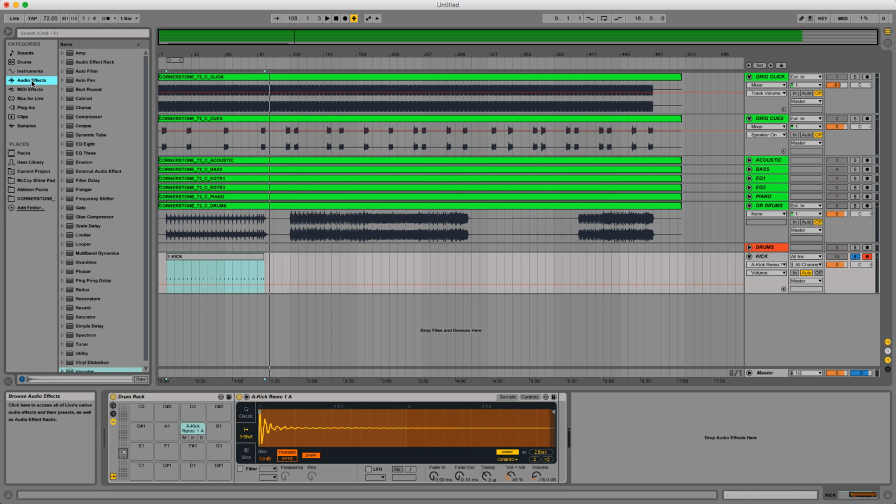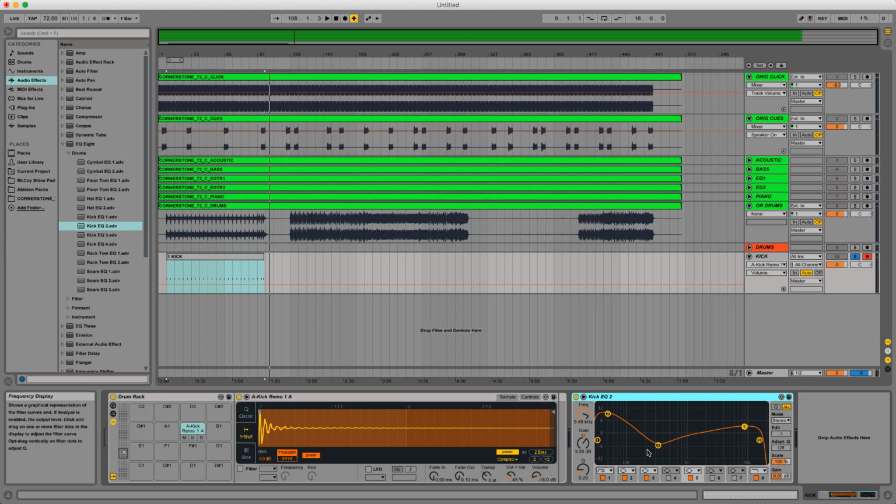So you can go to audio effects, and I like to go to this EQ8 here and expand EQ8. There's one that's called drums, and they have 4 kick equalizers. I like to use number 2 because I feel like it's really well rounded. Just drag and drop that right into the effects chain here. And when you hit the drums now, it boosts the low end a little bit,